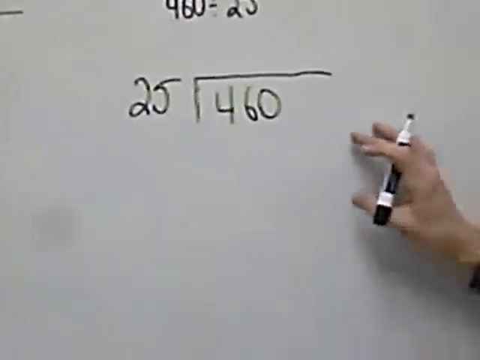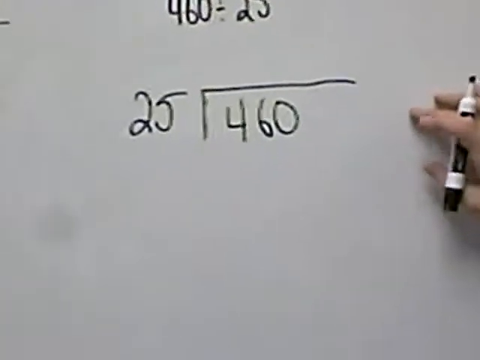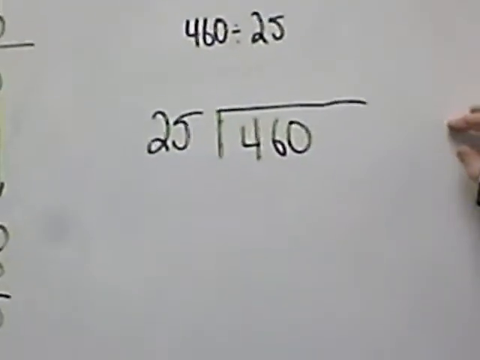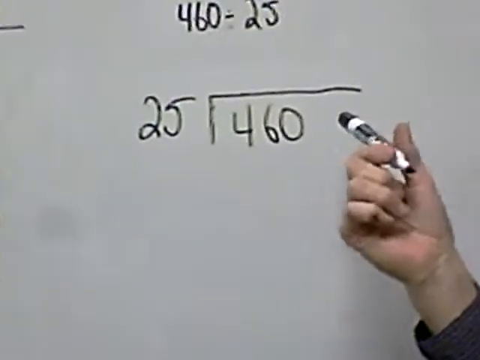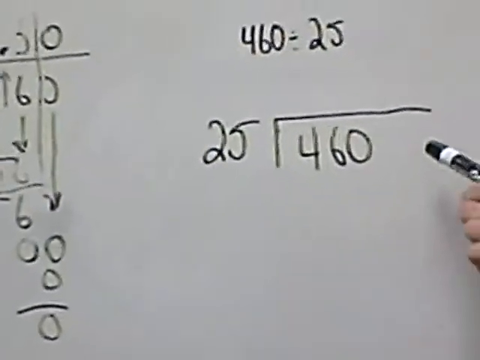Okay, so let's talk about the next problem here. We're working toward not having a remainder in our quotient at this point. By not having a remainder, our quotient gets more accurate. So what we're going to look at is,